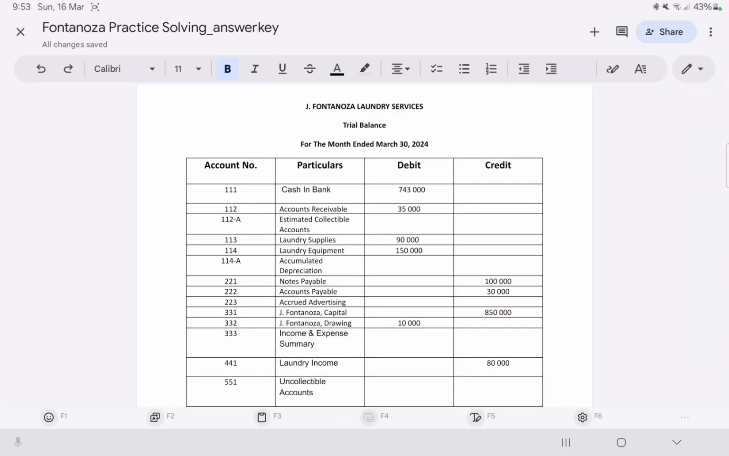Everyone, let's continue solving the trial balance under the problem of J. Fontanoza Laundry Services. Before we proceed to the trial balance, let me remind you that after we journalize to the general journal, we're going to post that to the general ledger, and after we sum up